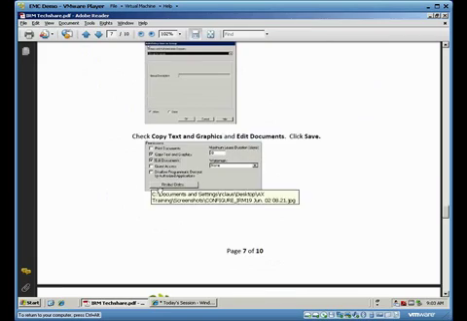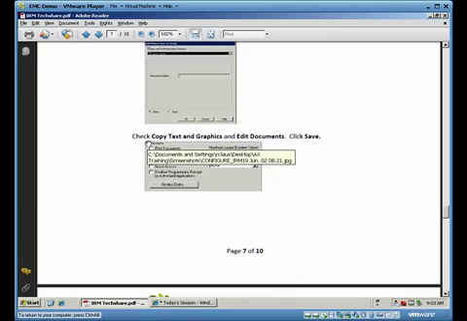The policy is pretty straightforward. It's hard to see in this screenshot. We're going to look at this a little more closely when we launch the admin. But you can actually control who can print the document, who can copy the text and the graphics, who can edit the document, whether or not guest access is allowed. You can also disallow programmatic decryption, which is there is a full-blown API for this interface, so you can programmatically